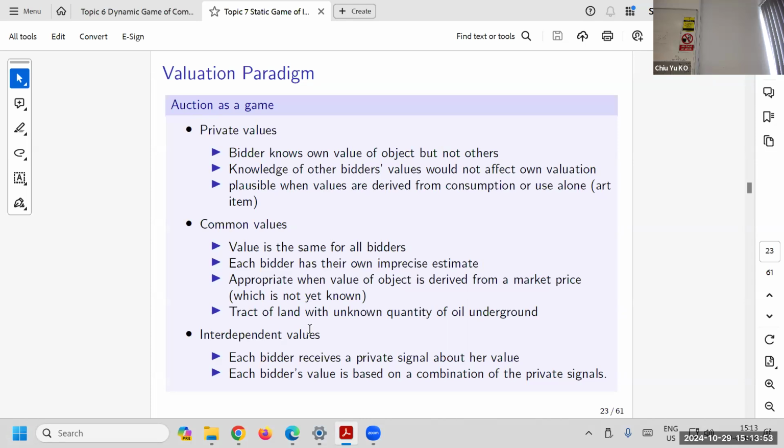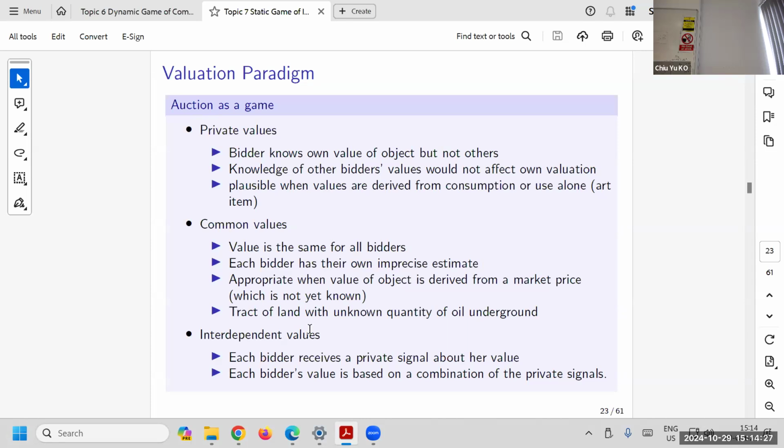And the last one is the most general one. It's called interdependent value. If I make a high value, likely you also make a high value, but maybe I can use it better than you. Say, for example, we are trying to buy land to develop. I'm a big developer, or I have land nearby, I can connect them together. This land has higher value to me than to you. But if I value it high, you also value it high, but maybe I'm higher than you.